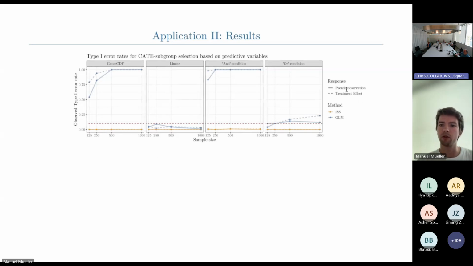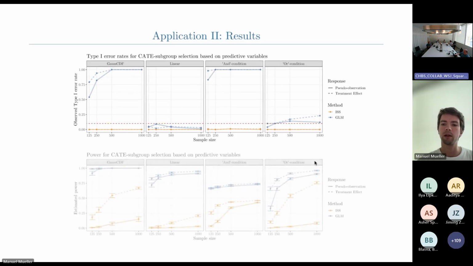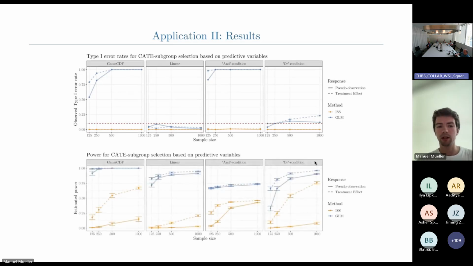You can see that whether you use the pseudo observations or the true observable individualized treatment effect, there isn't too big a difference. Regarding power, we see some decrease when we use the pseudo observations, but there might also be a lot of room for improvement in terms of what kind of learners we use and things like that.